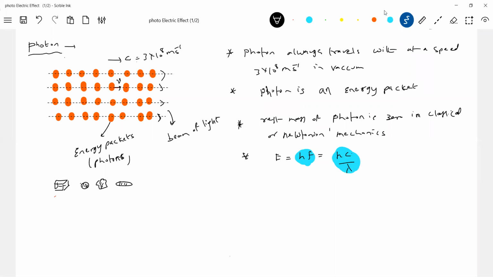The photon will be associated with momentum. What is the state of this photon in the beam of light? They will be propagating with the velocity of light, so they must be associated with momentum. Then I'll go back to this. We know E equal to mc square, so this is mc into c. In place of E, I'll come in order.